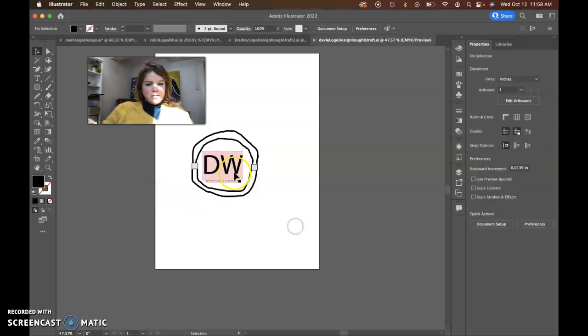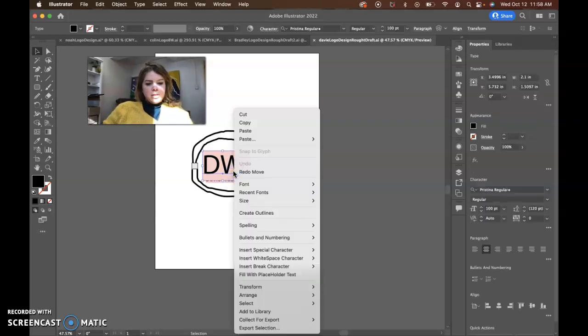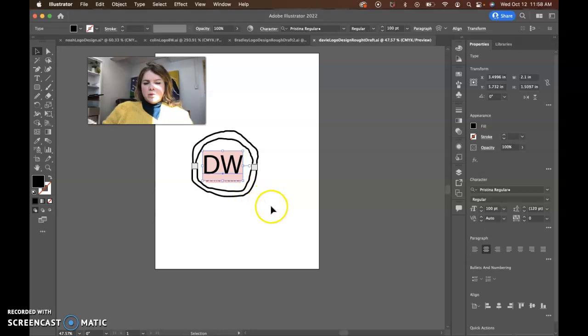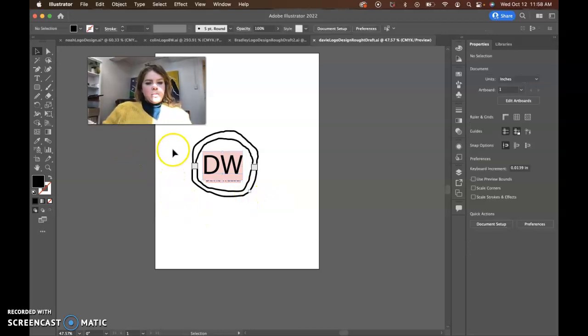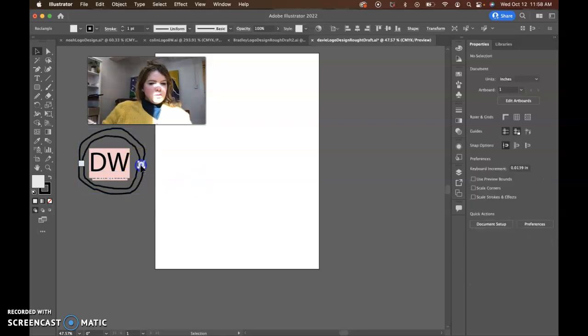I'm missing your fonts, and that's why it's important to control click or right click on a Windows machine and create outlines so that you create just shapes out of your fonts. Of course, do that as a last step because once you do that, you can't edit your fonts anymore. So with this, I would say instead of trying to draw a circle, let's use the